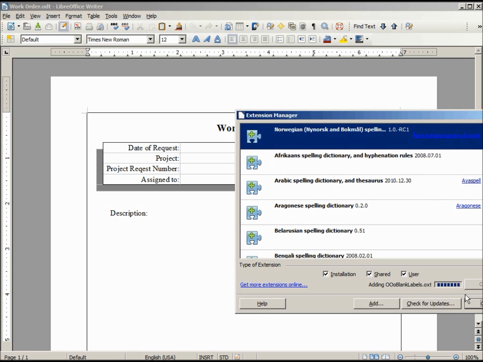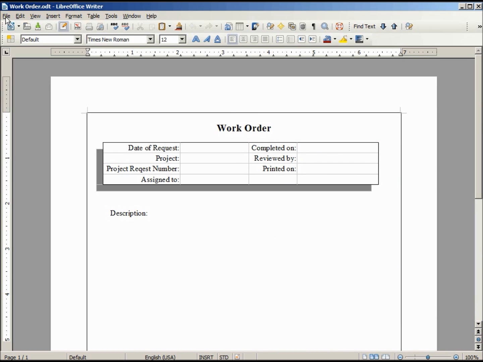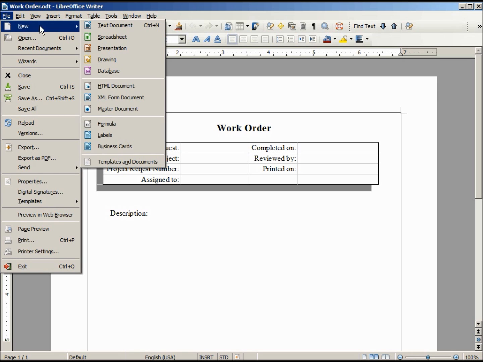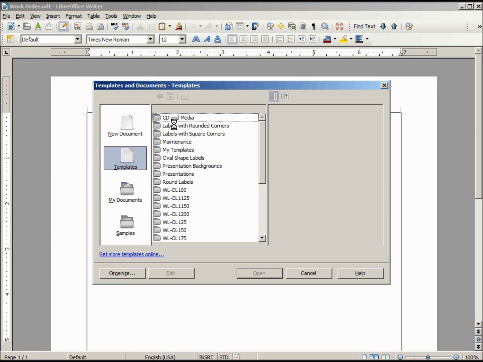And it's in. Closing this, now when I go to File, New, Templates and Documents, look at all the templates I have. It added all these in.